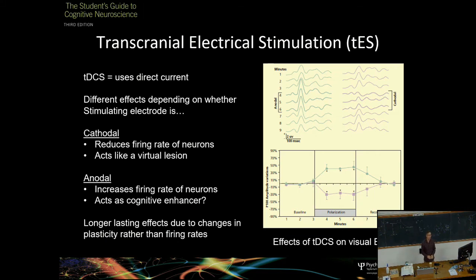Okay. And the idea there is that it's not that your brain will then be continuously electrically active. It's just that when it's electrically active, you can then cause it to generate more synapses during that actual phase, and that is the long-lasting effect. So even when you're dealing with children or brain damaged patients, it's not that that part of the brain's always active. The electrical activity just enables you to then boost the synapses to join together, or if you do it the other way, it would stop the synapses